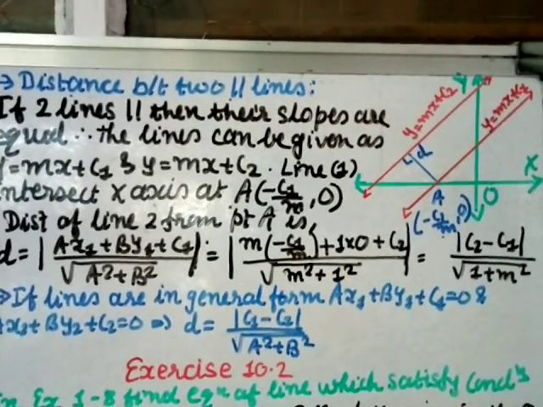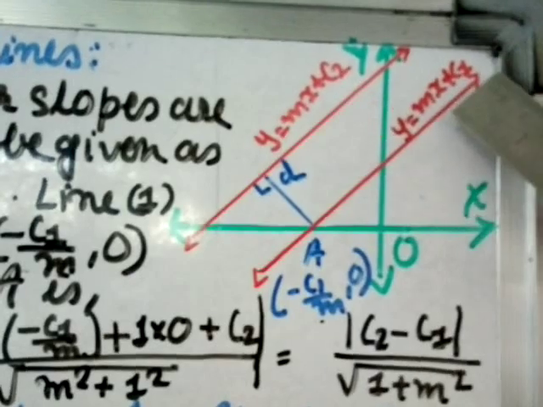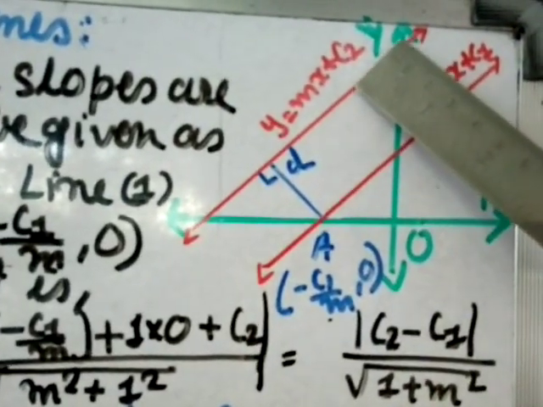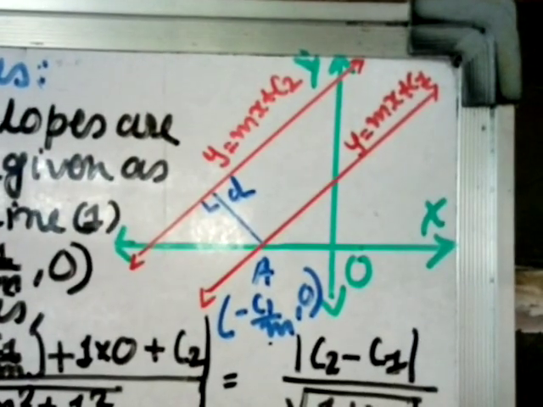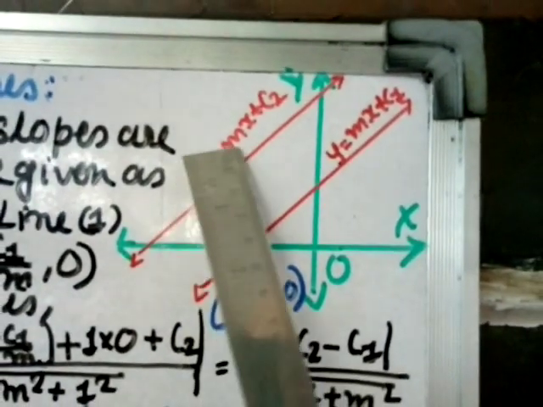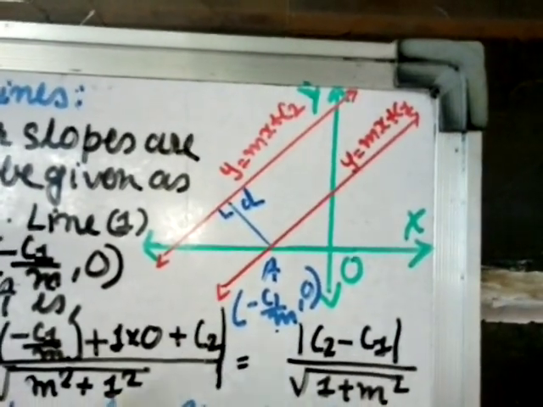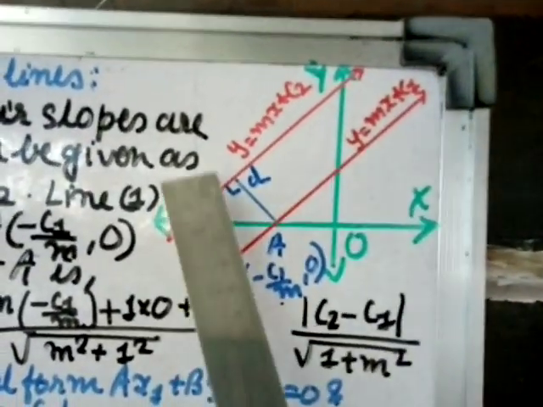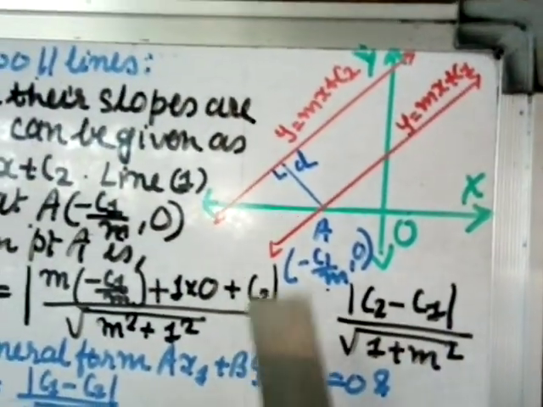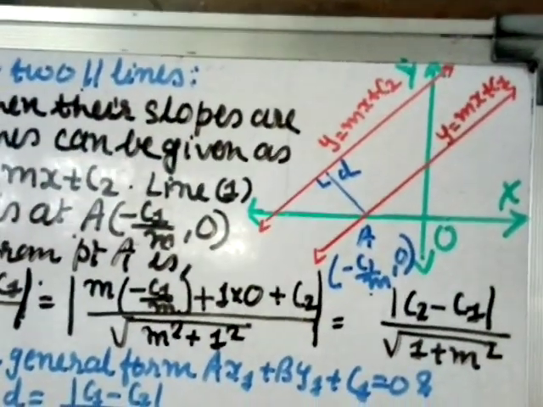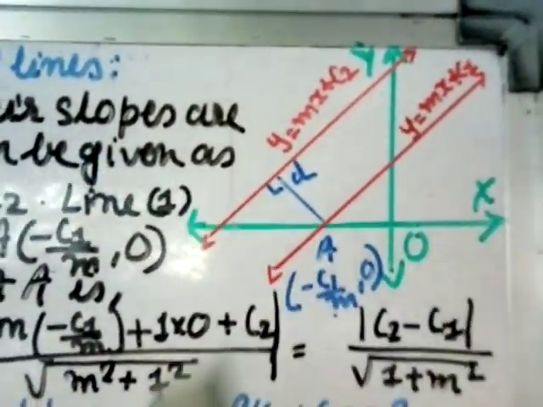Distance between two parallel lines. Okay, we have got two parallel lines here, y equals mx plus c1 and y equals mx plus c2. The slope will be different, sorry, same, if two lines are parallel, then the slopes will be the same. Therefore we are taking m and m. Only the constant will be different, right? So I have written c1 and c2, and the perpendicular distance I am taking as d, this I have to find. Okay, so we will find the point and the line using the previous formula only. The same formula will be used, but the point I have to find here.